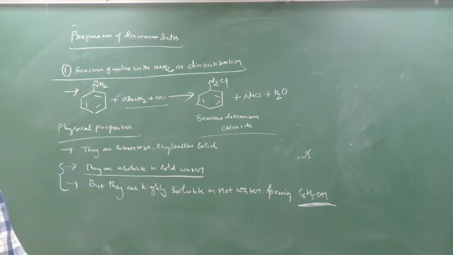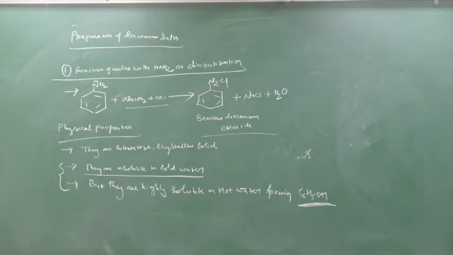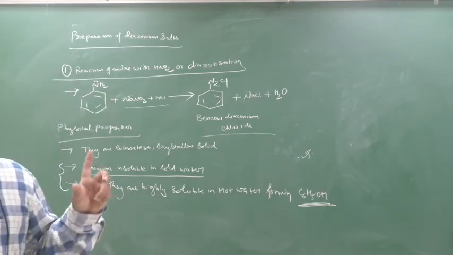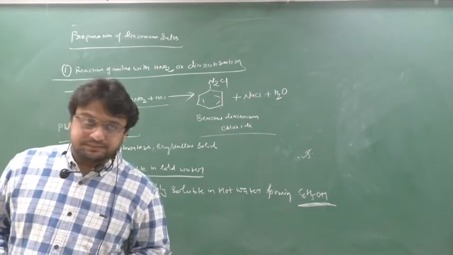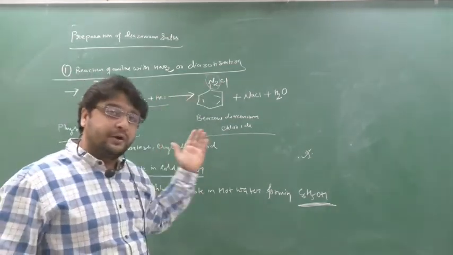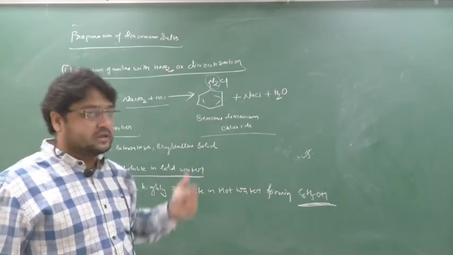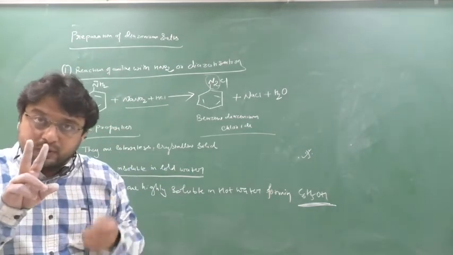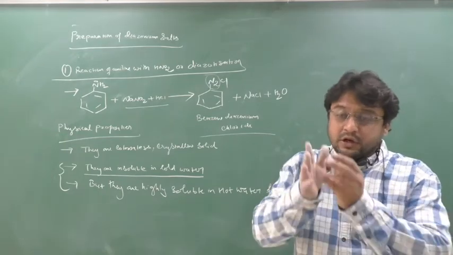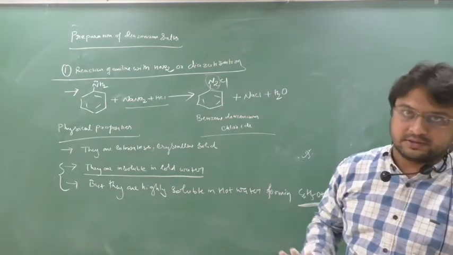Okay. So now we are going to study the chemical properties. The chemical properties of these diazonium salts are divided into two categories. First is based on removal of nitrogen gas, because you know this N2 is a nitrogen gas, entropy supporting, everything I have told in the previous video. So entropy will be supported, nitrogen gas will be removed, and you can see the property. The second property is to sustain or retain this N2, means not removal of nitrogen gas. Okay, see this now.